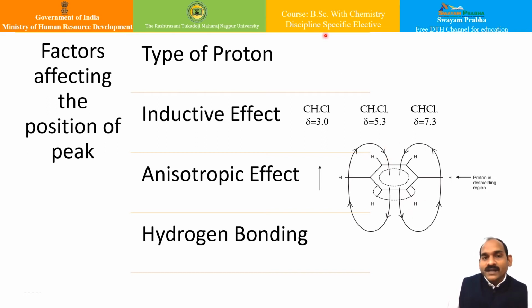Finally, if a proton is involved in hydrogen bonding, irrespective of intermolecular or intramolecular, the electron density decreases around the proton, and such a proton resonates at lower frequency, that is, higher chemical shift. Take the example of a concentrated solution of alcohol: it gives the hydroxyl peak at 4 to 5 ppm, while a very dilute solution of alcohol resonates at about 1 ppm only. Therefore this property can be used to distinguish between intermolecular and intramolecular hydrogen bonding. That is very useful.